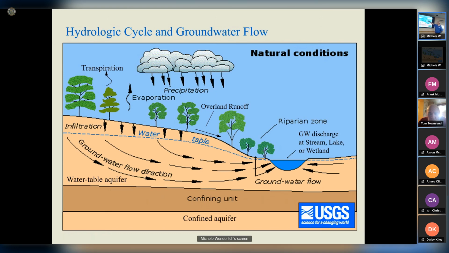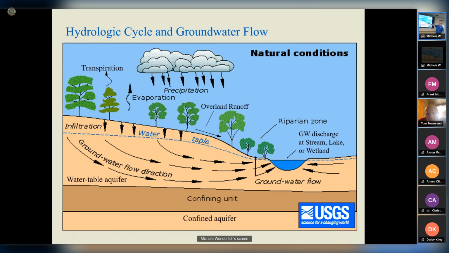A confined aquifer can't get recharged directly from above because of the confining unit. Water moves exceedingly slowly through that. So in a valley that has a confined aquifer, it's going to seep in along the edges, particularly where you have some permeable material. I'll show some examples of this in the Owasco watershed, but these are sand and gravel deposits that go up onto the valley side and are a conduit for water to move deeper into the system.